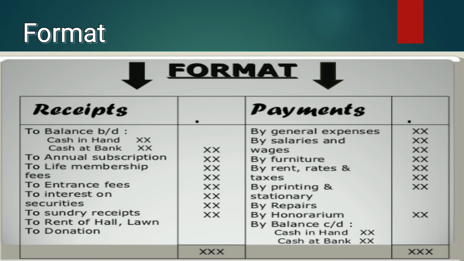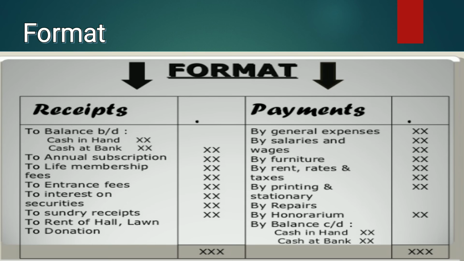Okay. So next, finally we have the format. So this is the format for receipts and payments account. So I already told you, right? All the cash received should be recorded in your debit side, and also all the payments of cash, the expenses, should be recorded on the credit side. So this is your format. Have a look. See the first one, cash in hand, cash at bank. The opening balance is shown on the receipt side.